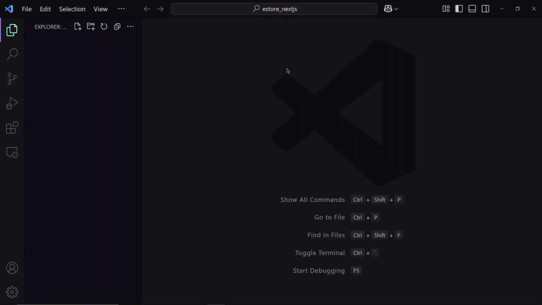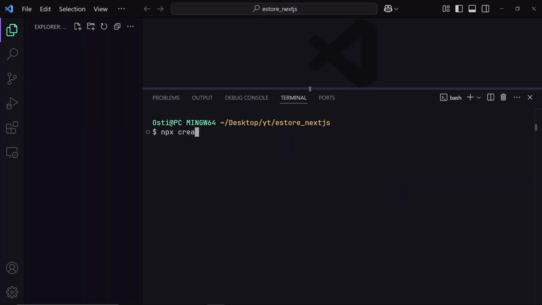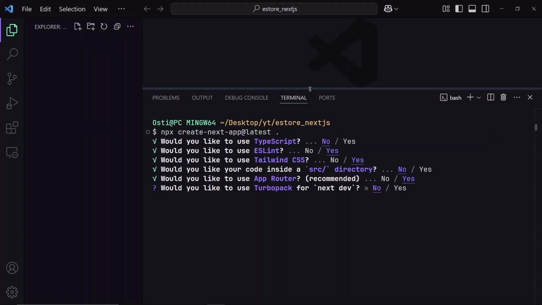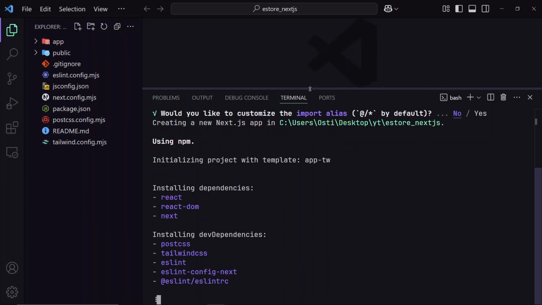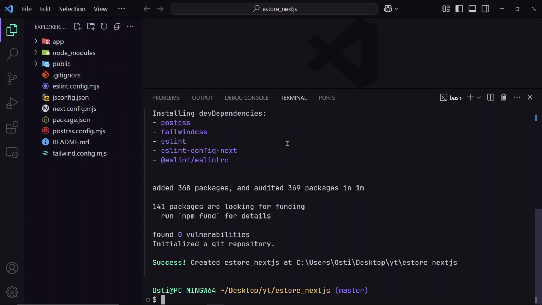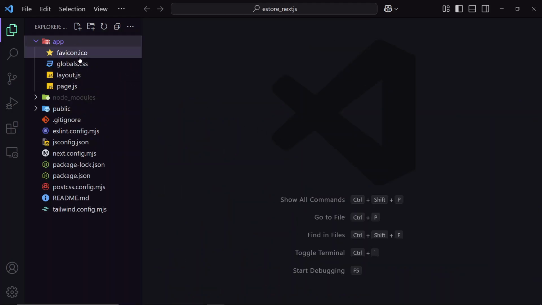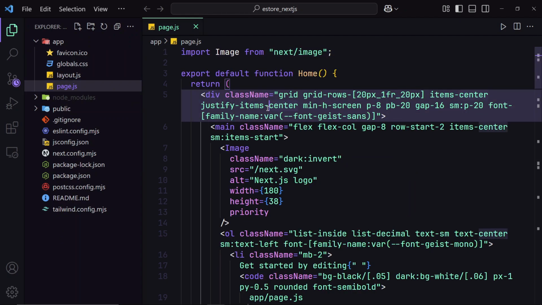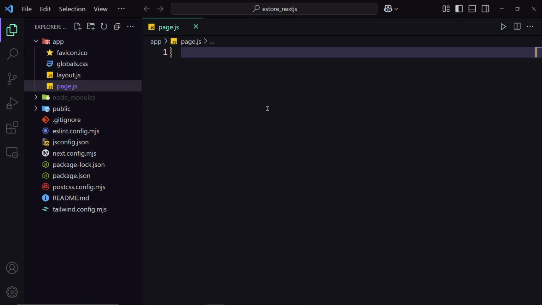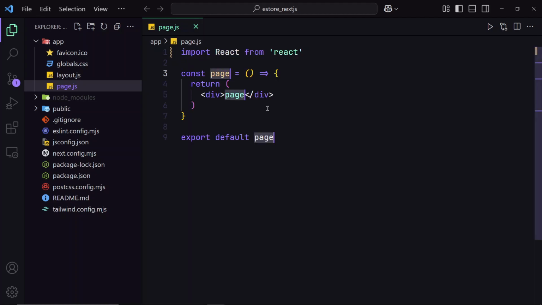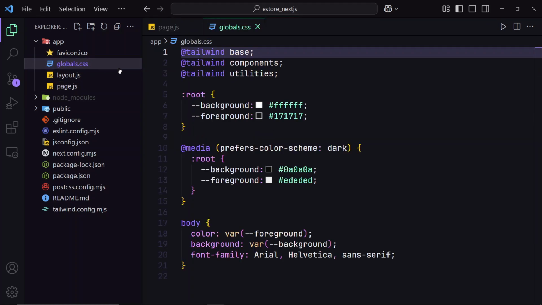Let's start by creating Next.js project. Open your VS Code and in your terminal type npx create-next-app@latest and press enter. Go with the default options. Let's do some cleanup. Open app directory, open page.js, Ctrl+A, delete, create React functional component with RAFCE, open global.css,